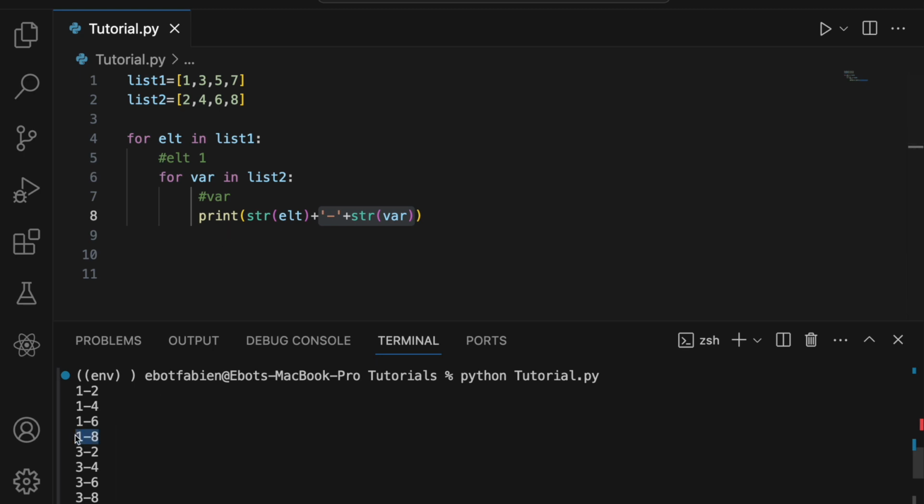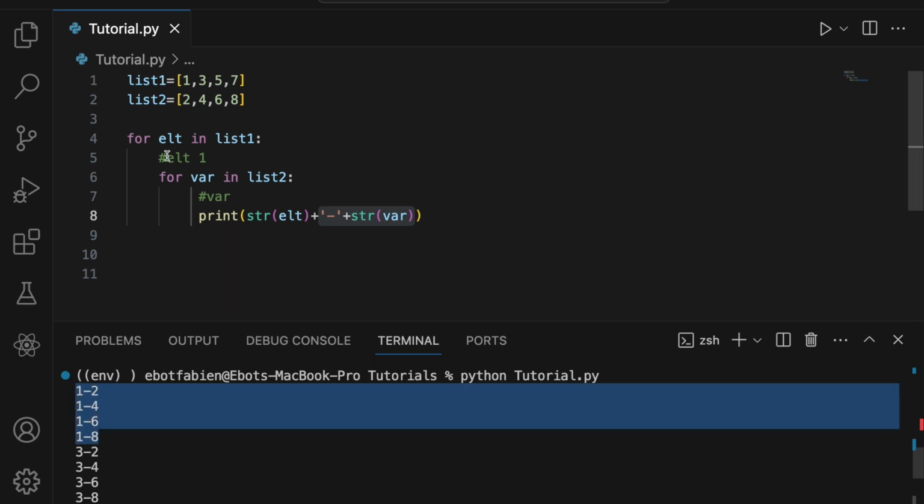Now, here is where our first element comes to an end, because there's nothing again under this for loop to execute. So our first element comes to an end, and it gets now to the second element and does the same thing. So nested loops are actually just a loop in a loop,